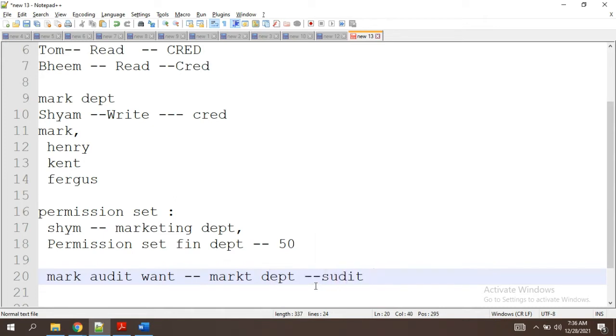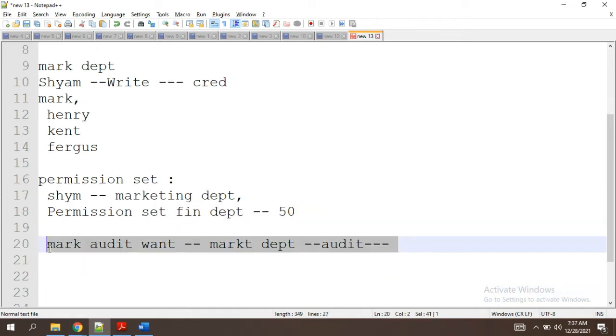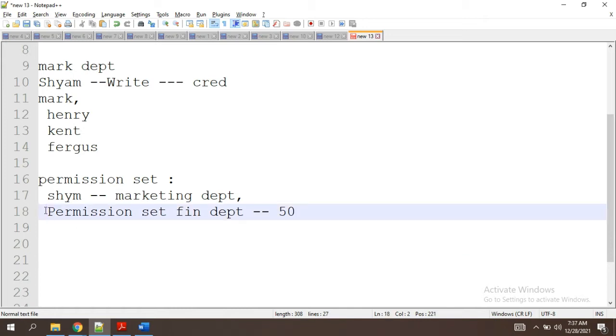Once the audit is successful, like they have finished their audit, then we can revoke, like we can take back the permission set. But in the place of profiles we cannot remove the profile, it is mandatory. So one profile is always necessary. In this case we are going to just assign the permission set. They will get the access to those records, they will do their work, and then we can revoke the permission set.